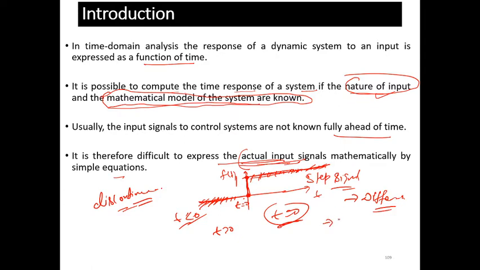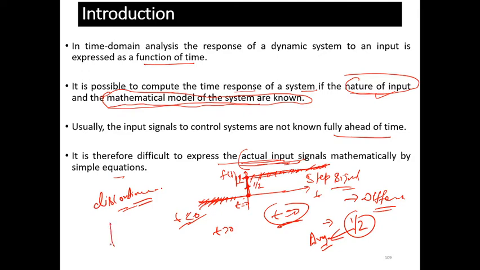I don't remember the exact theorem, what is the theorem for that? In signals and systems, I forgot the name. That value is 1 by 2, the average value, right? Is it clear? Yes or no? Yes, sir. So this value is 1 by 2, but for mathematical calculation we take the value 1, though the value is not exactly 1.